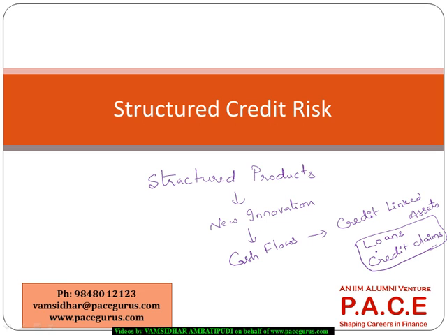If the cash flows are based on either loans or any other credit claim, we are calling those kind of products structured products. And we all know the structured products have come up because of the concept of